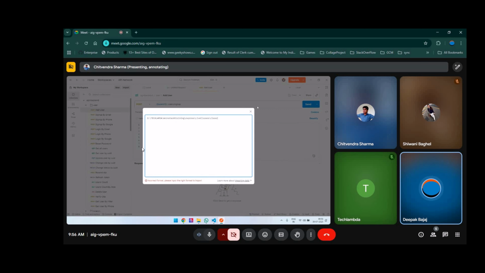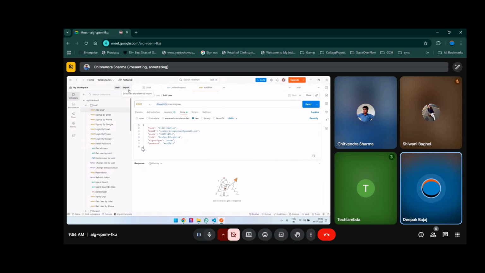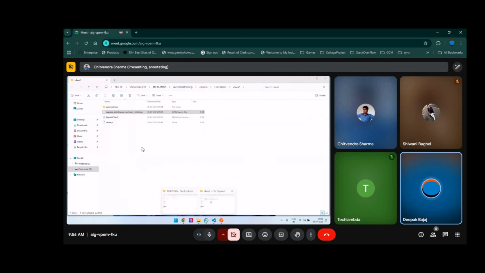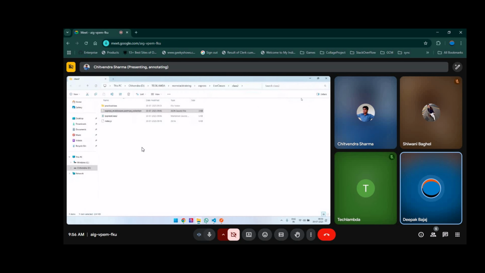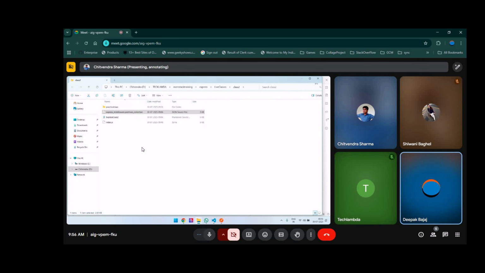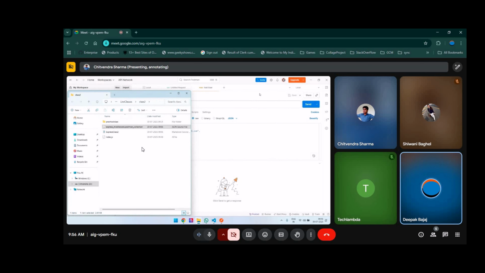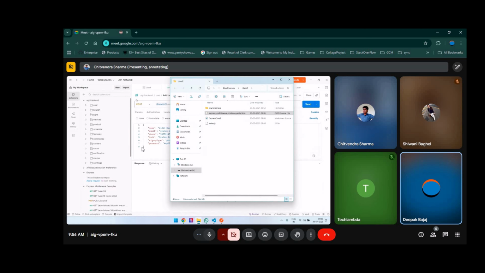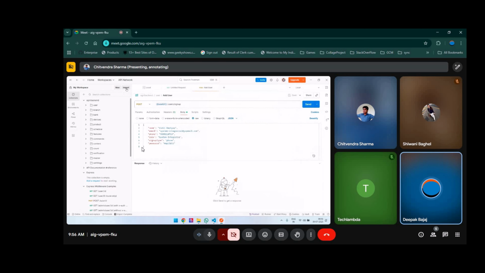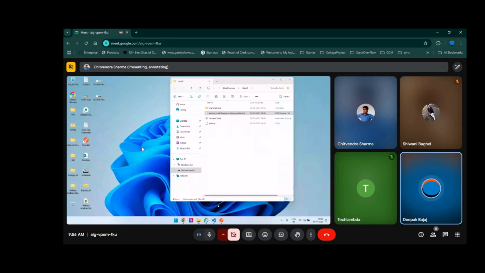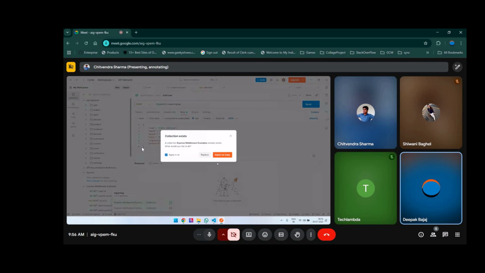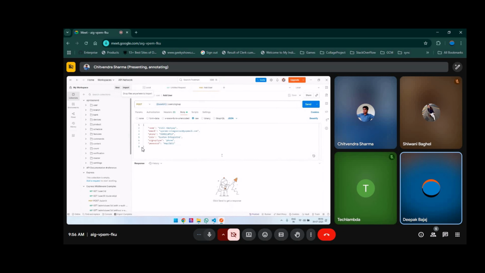No, what you need to do, just open file explorer in parallel. Open the Postman and just click on the import button and drag that file. Import first. Import. Now open the folder and drag. Yes. Okay, now run your